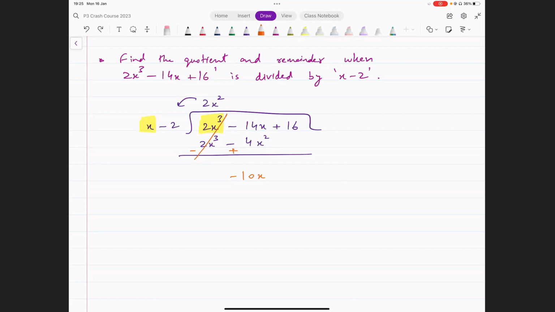Okay, although you could realize that at this point and then write it separately like this: minus 14x plus 4x squared, or in fact the other way around, the higher power first, 4x squared minus 14x plus 16. But there's a very high probability when you're doing it in flow, you make this mistake that you add these two terms together, even though it's not even possible. You can't add these two terms. They're not like